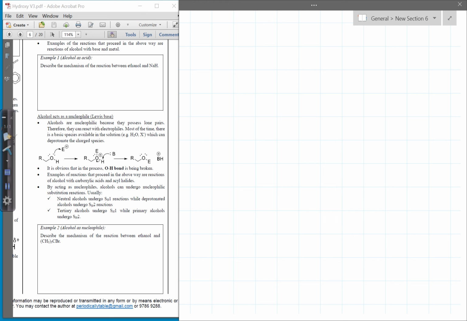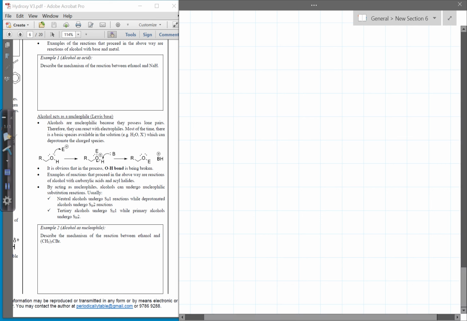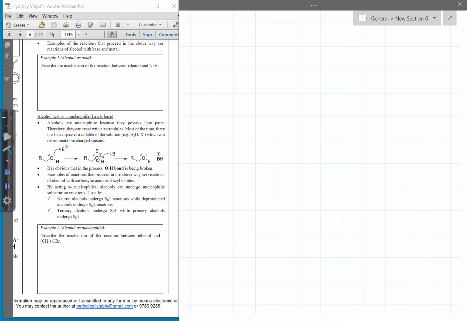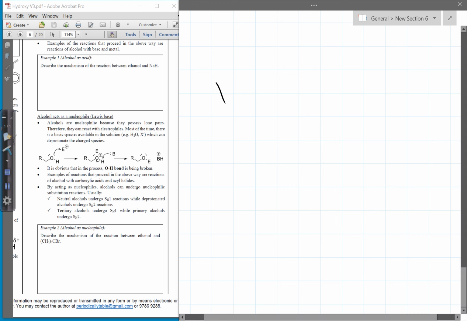Usually neutral alcohols undergo SN1, deprotonated undergo SN2, because deprotonation will make your alcohol a stronger nucleophile, right? So that's why it favors SN2. And tertiary alcohols undergo SN1 while primary undergo SN2. What do I mean by this is that if let's say you have this species and you react it with this, right? You will proceed via a SN